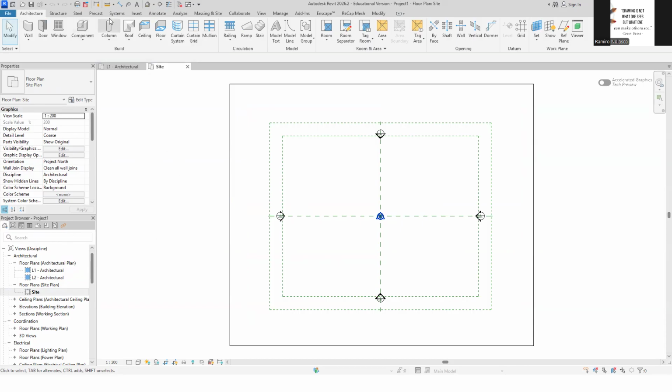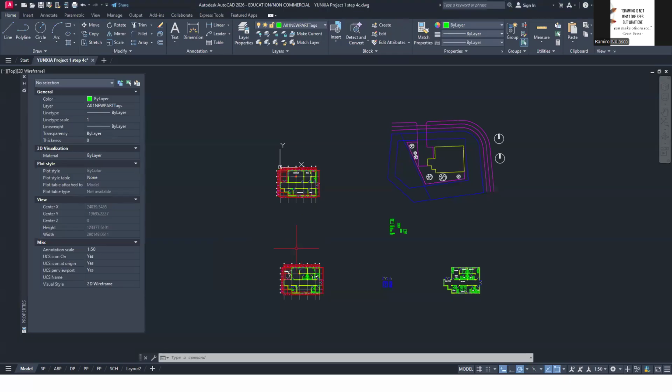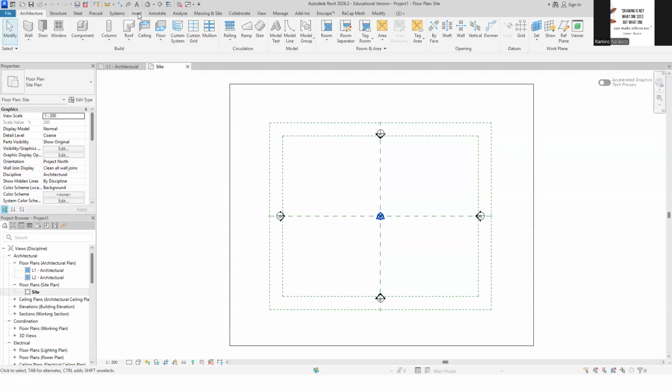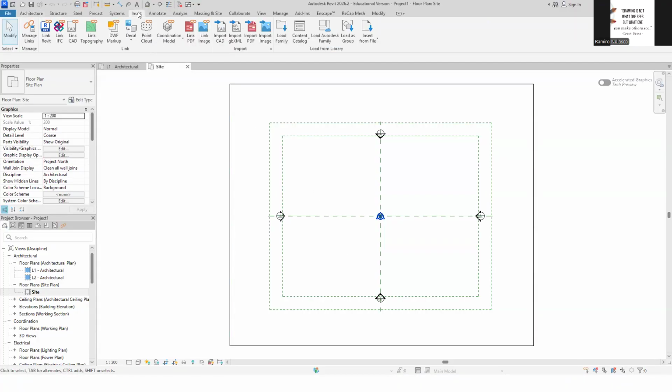And what we want to do is go back to our AutoCAD file. Okay. Now, we're going to import this into Revit. Okay. So we're going to do that by clicking on the Insert button.